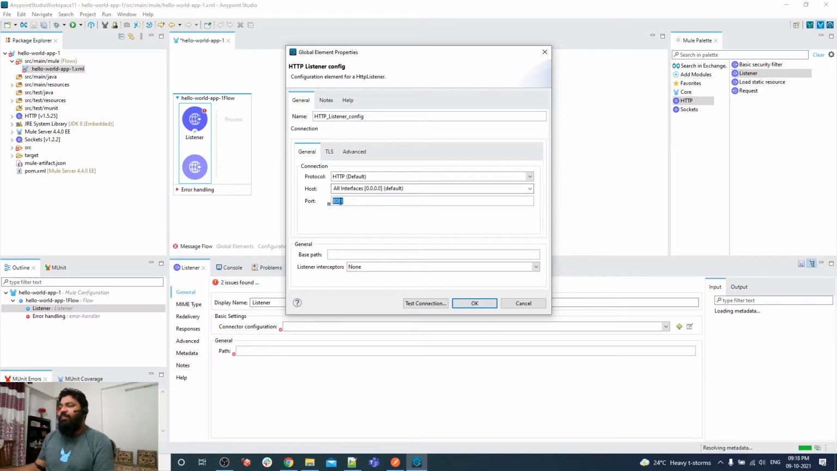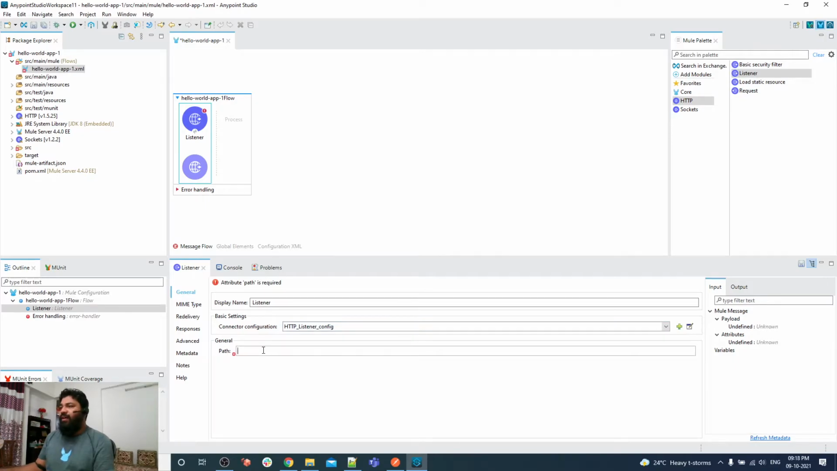I'm going to deploy my application on 8081, I will explain why. My base path is /api. Now, for example, this is a query. We can say this is app info. So we have done the configuration of the HTTP listener, because we are going to develop one